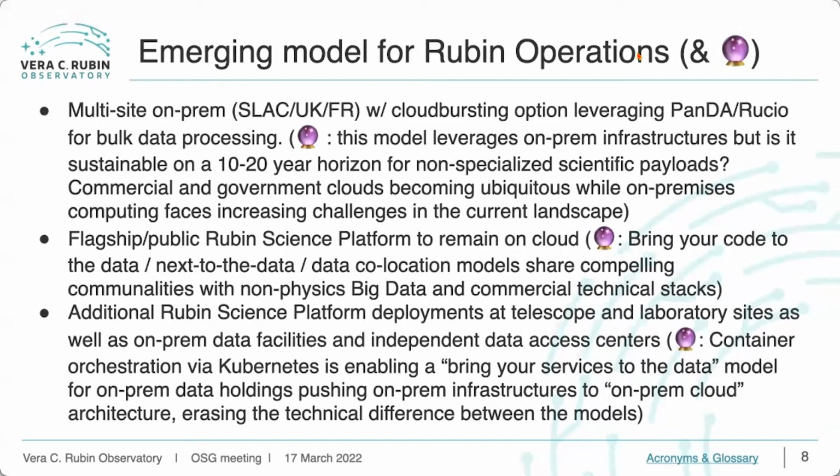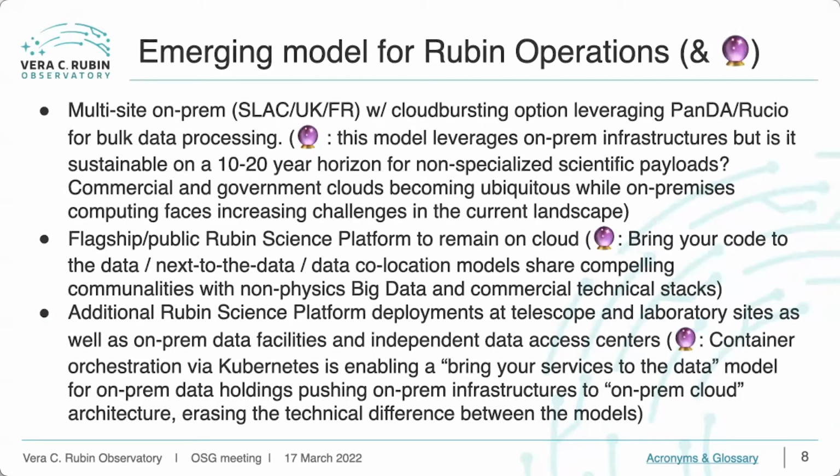All right, so as I'm running out of time, here is the food for thought slide. We can maybe discuss some of this later, and you can argue with me. But I thought I would write something about how we see the Rubin model evolving, and also my crystal ball predictions about the way scientific computing is moving in light of these developments.